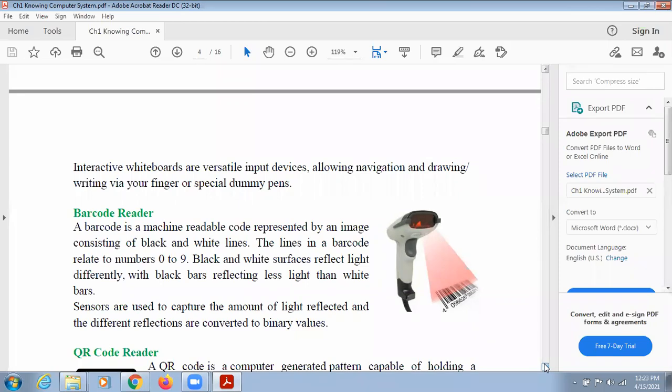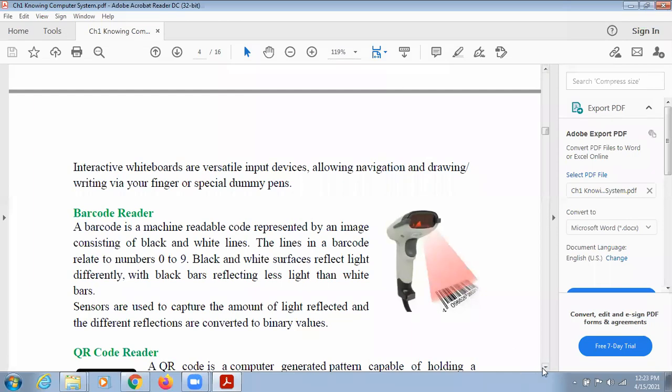So you need not type the keys, like suppose if you have purchased soap and then pencils and then eraser. The person who is doing the billing need not enter all the items manually. What he can do, he can use the barcode reader to scan your item, and automatically the details of your item will enter into the computer, and the computer will automatically generate the bill for you.